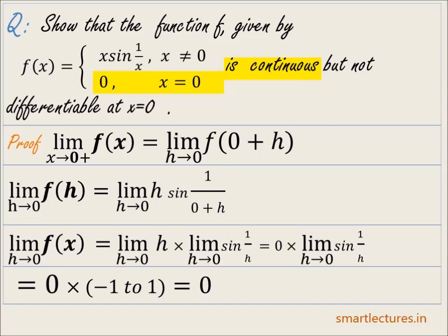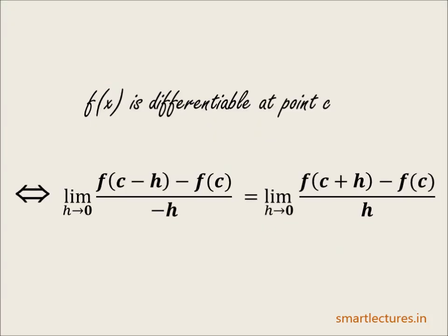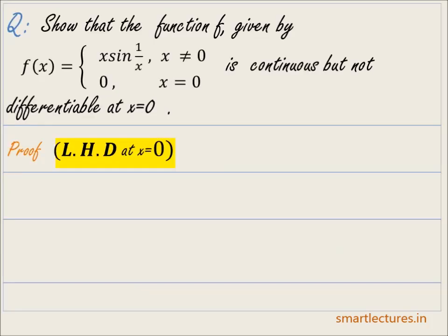And now let's check whether this function is also differentiable at x equal to 0. As per the definition of differentiability, a function is said to be differentiable at a point if and only if its left hand derivative is equal to the right hand derivative of the given function at that point. So let's first calculate its left hand derivative at x equal to 0, which is equal to limit x